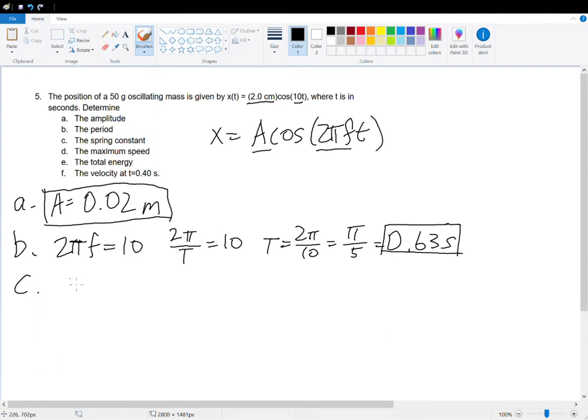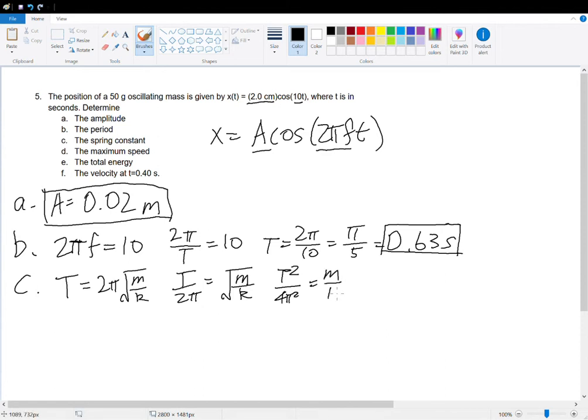For part C, we're trying to find the spring constant. Well, we know that T from our equation chart is equal to 2 pi times the square root of m over k. Now this is a handy equation for us because we know T, we calculated it last part. We know m because it's given to us in the problem, and we don't know k. So we're given all the stuff that we needed to know to solve for k. So if we do some algebra, we can see that the square root of m over k is equal to T over 2 pi. And then if we square both sides,